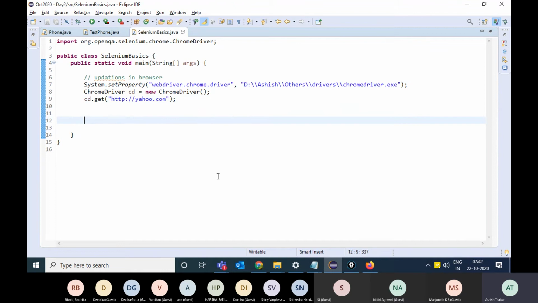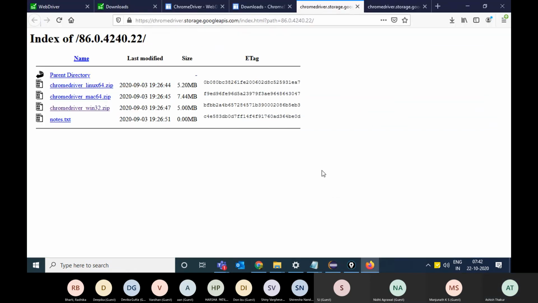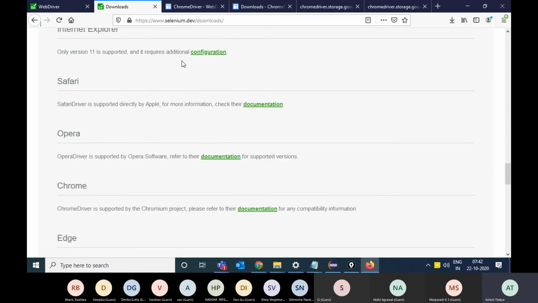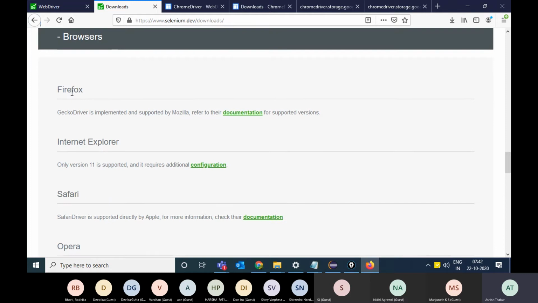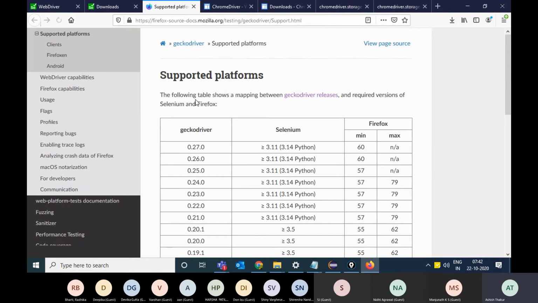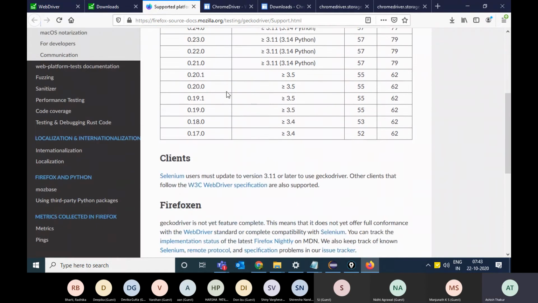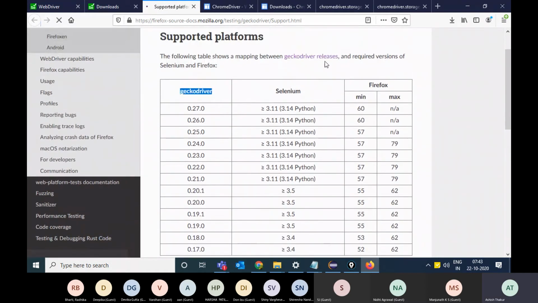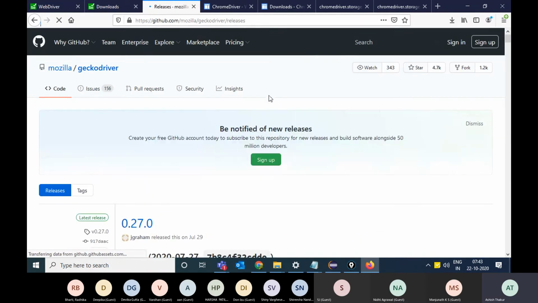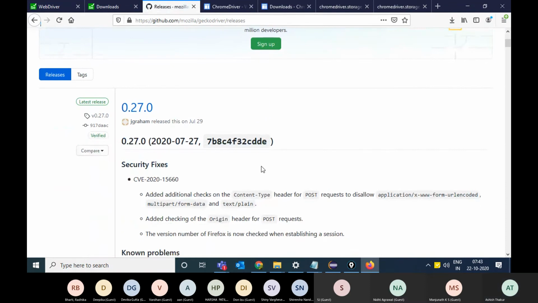Similarly for Mozilla also, on the Selenium downloads page, for Firefox also, you have an exe. You open the documentation of Firefox and it's known as the Gecko driver exe. You can go to the Gecko driver releases, this link, and download the latest one.